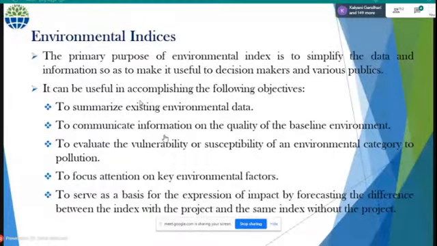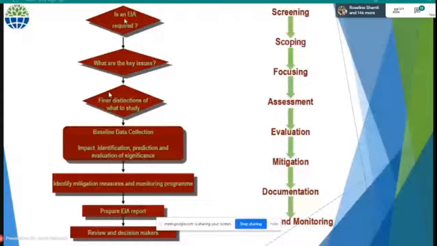These indices are numerical indices, which means they are presented in numbers, because any layman, even the common man, can understand a number. So we have to present the quantification of environmental parameters into the matrix, and after that present one figure for one parameter. Like the air quality index is one, then we go for the noise quality index, otherwise the soil fertility index, and then we go for